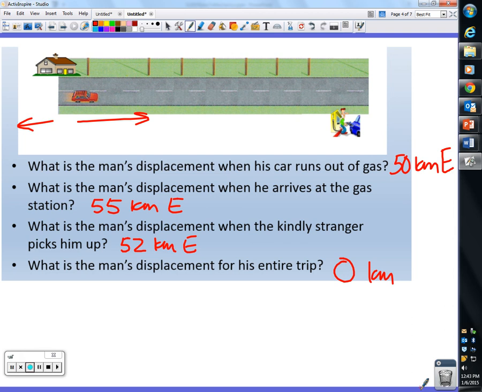The last question, right? What is the man's displacement for his entire trip? 0 kilometers. Well, technically that's true. That doesn't really tell the story of his day, right? I mean, it leaves out a whole bunch of information, okay? Just like you. This morning, when your alarm went off or when your mom woke you up, right? Where were you? In your bed. At the end of the day, where are you going to end back up? In your bed. That doesn't tell the story of your day,